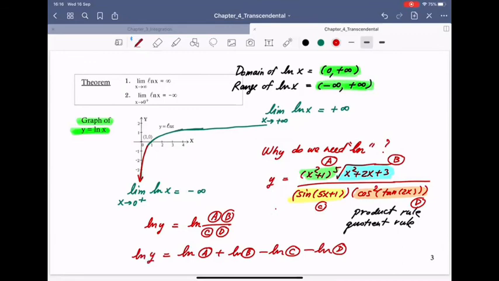Is it easier to differentiate? Yes. Because once you have that, you can differentiate with respect to x on both sides. Super easy compared to using the product rule and quotient rule, because you can differentiate this thing by using implicit differentiation. Differentiating both sides is much simpler compared to using product rule and quotient rule. We're going to learn this technique next week,